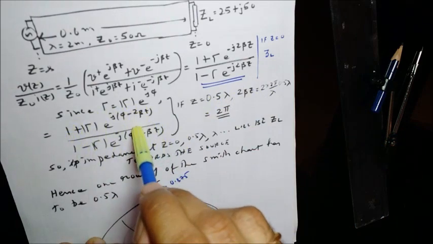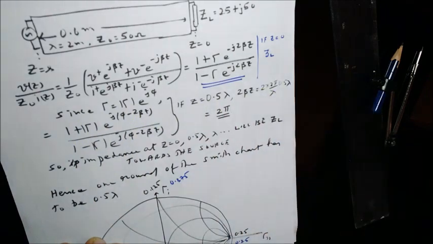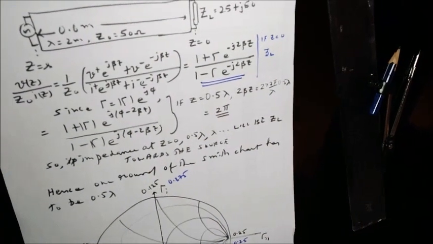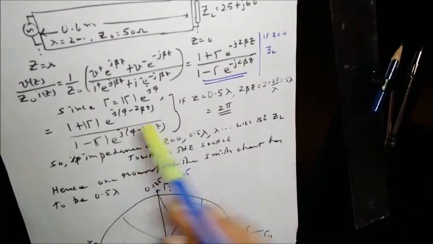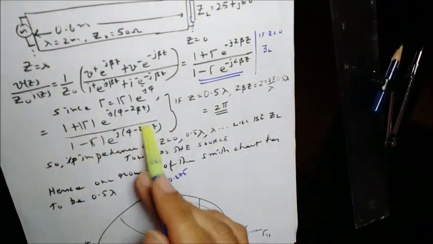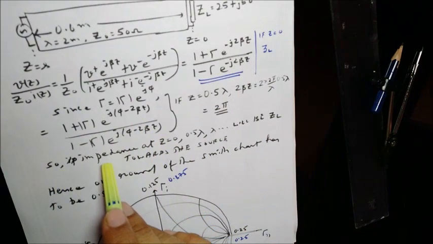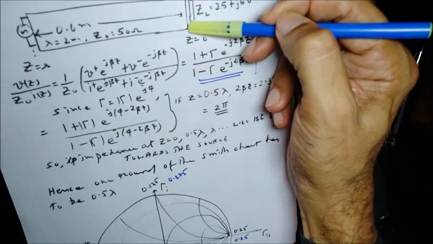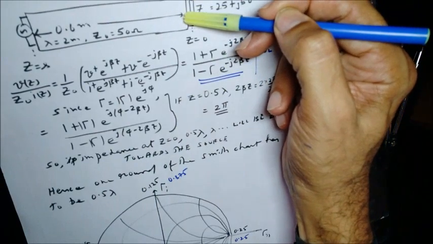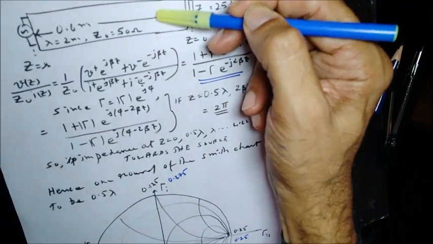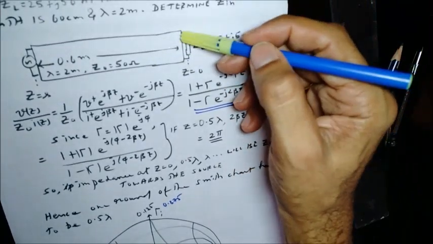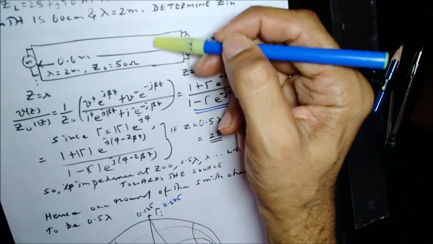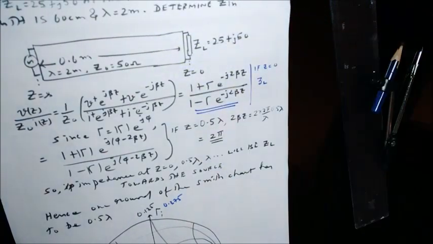So whenever z is this, you end up getting the same as what this will be when z is 0. Or whenever z is equal to, for example, even 1 lambda, you will end up getting what this will be when z is equal to 0. So what we understand from this is that impedance at z equal to 0, impedance at z is equal to 0.5 lambda, this is z is equal to 0, so I'll just show it here.